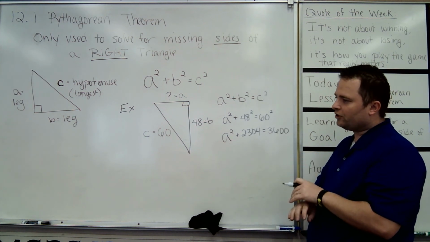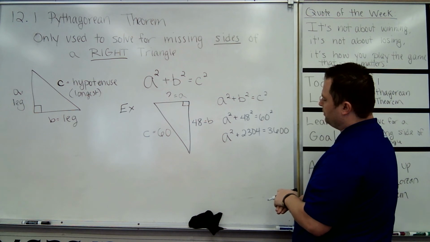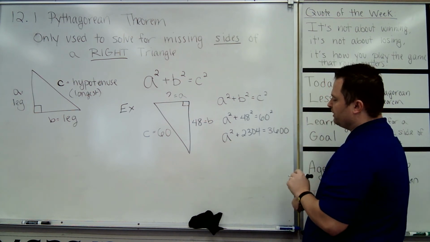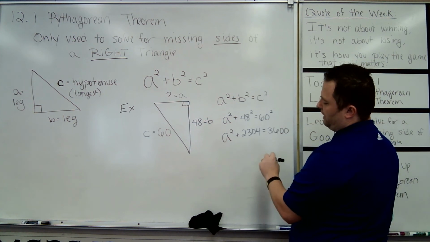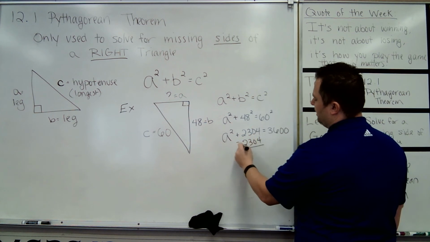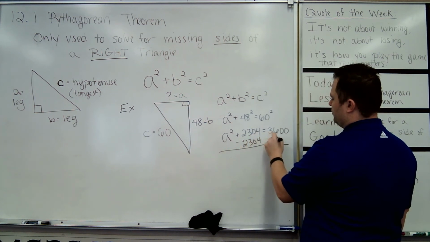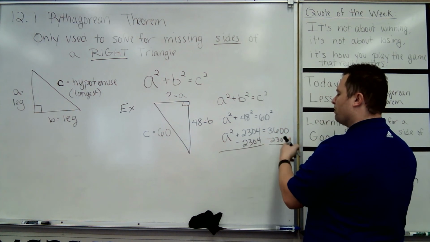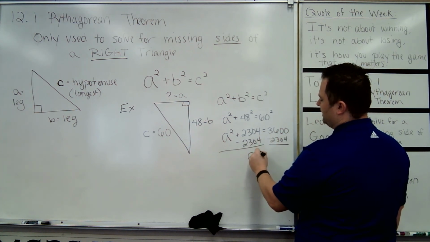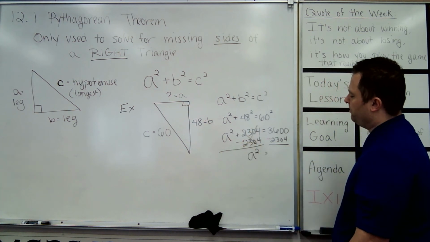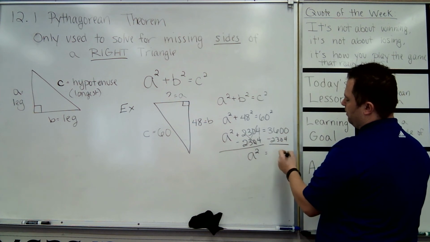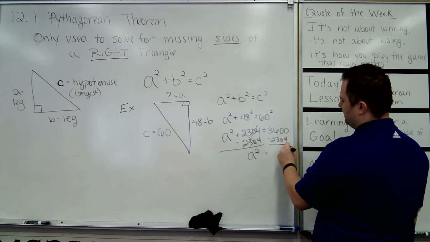I can use this one extra step to be able to solve for a squared, right? To be able to use my square root, I just need one extra step, and I'm going to use my old faithful algebra tactics. I will subtract 2304 from the left-hand side, and I'll subtract 2304 from the right-hand side to maintain that both sides are still equal. What's left on this side is a squared because this number cancels out. And then 3600 minus 2304 is